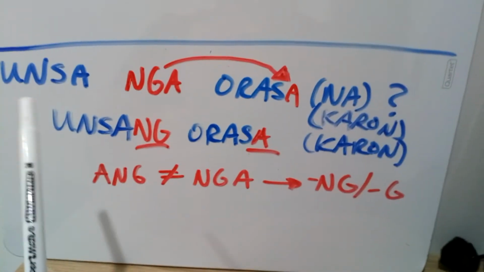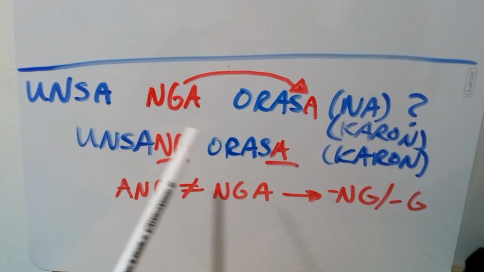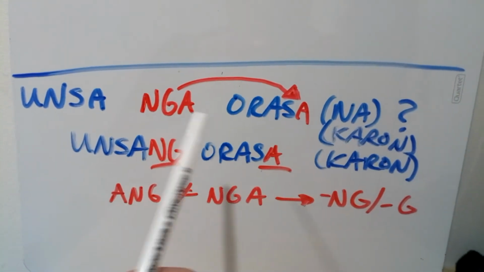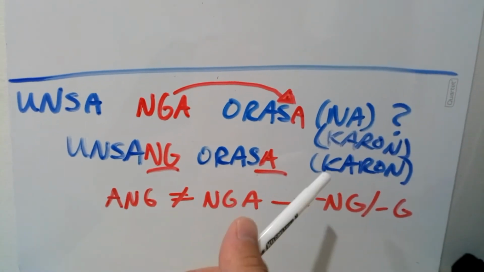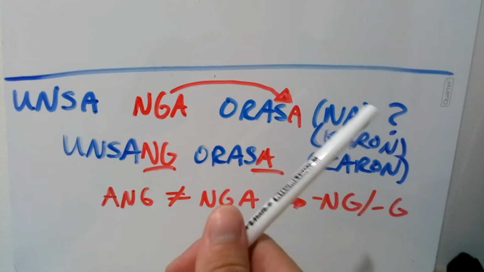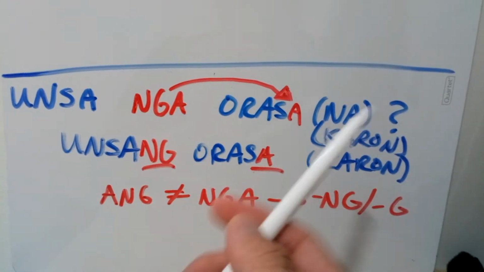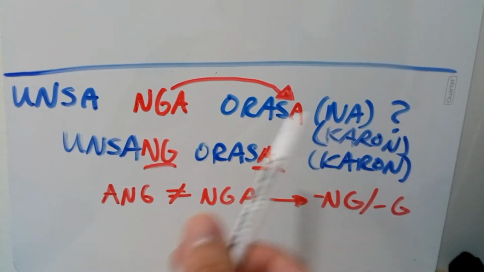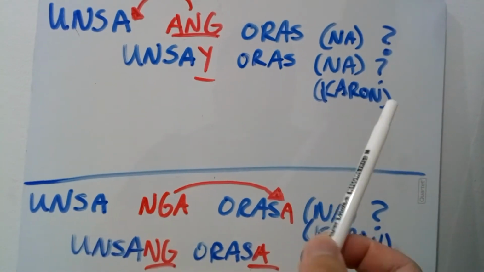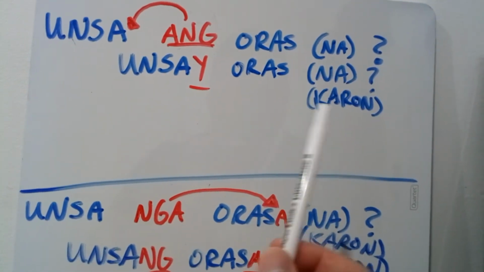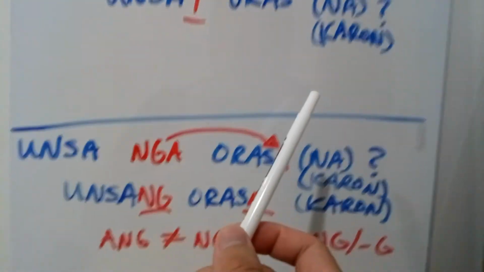Moving down here, though, things change a little bit. Our sentence now is "unsa nga orasa na" or "unsa nga orasa karon." Again, the same thing with the enclitic particles, the adverbs and the trigger words. They just help us give more information, because in the first one they gave us clarifying information, since that was just a general sentence of "what time."